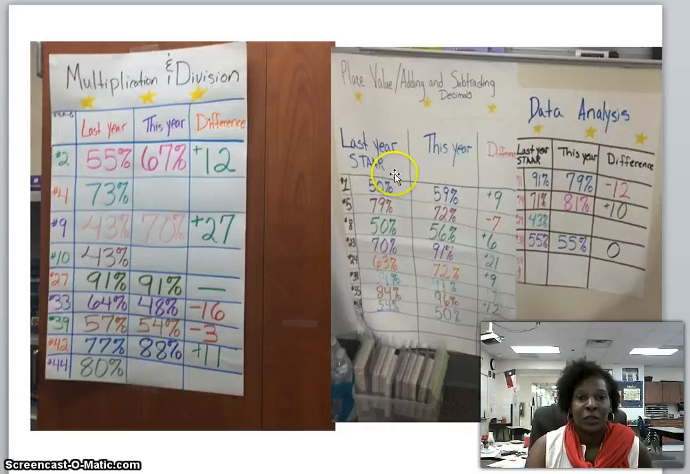The first thing when you come into my room, you will see these data charts around the room. They're based on our units. So here we have Unit 1, this was our second unit data analysis, and then we are now about to finish up Unit 3. So you see that I have my student scores that they made from the STAR test